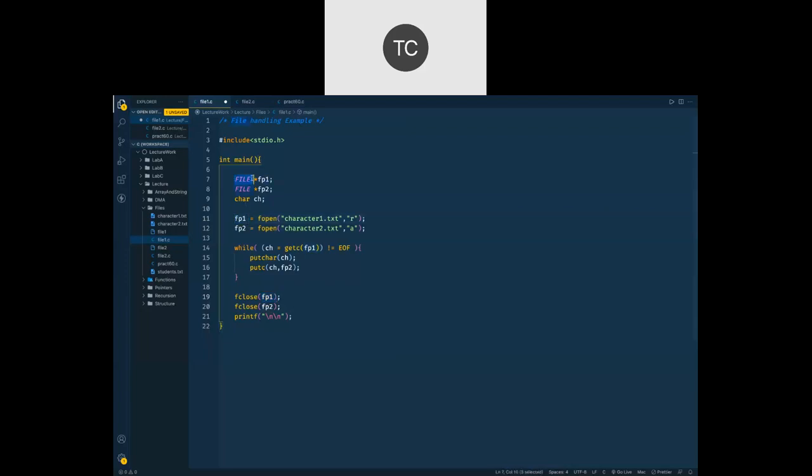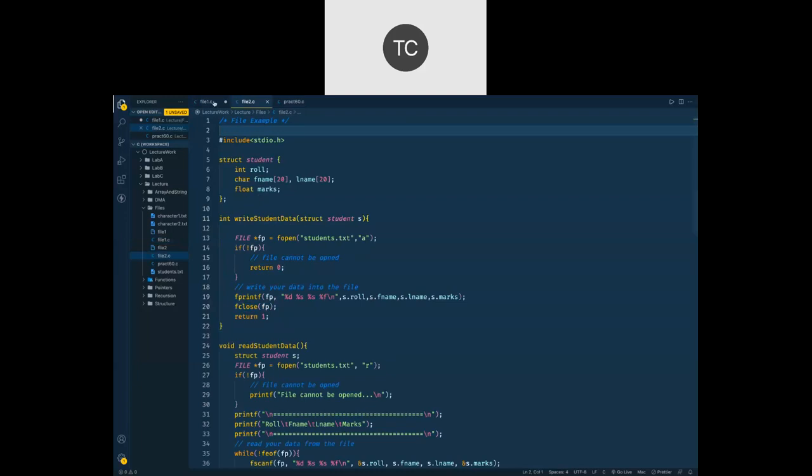FILE in capitals is actually a structure defined inside the C language, and we are going to have a pointer variable to that, because when we open a file, that file is loaded into memory, and the memory address is returned. So we need a pointer variable at this place. So that's how we open, read or write, and close a file.